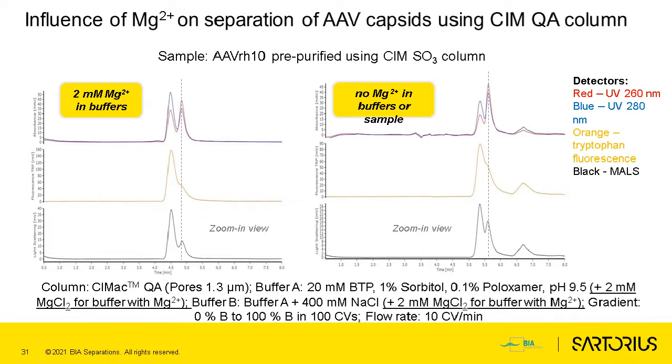It is always on the same position with or without magnesium. And then there is a third peak coming here. And these are other empties which, due to the no magnesium, change their charge on the surface and stick to the QA columns stronger. Such kind of separation without magnesium is not good for analytics because we would need to